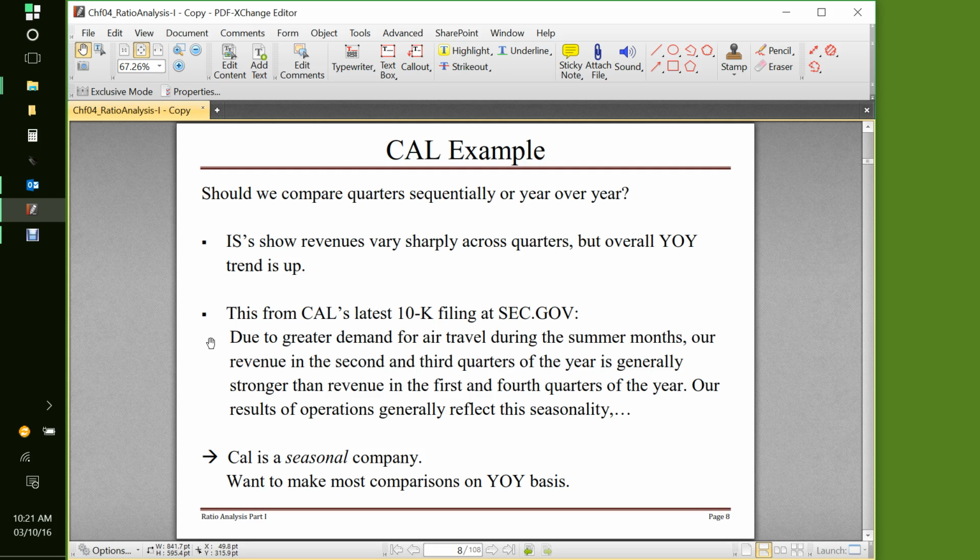So here's what Continental said in its 10K. Due to greater demand for air travel during the summer months, our revenue in the second and third quarters of the year is generally stronger than revenue in the first and fourth quarters of the year. Our results of operations generally reflect this seasonality, etc., etc. That implies that Continental is what we call a seasonal company, in which case we've really got to make comparisons